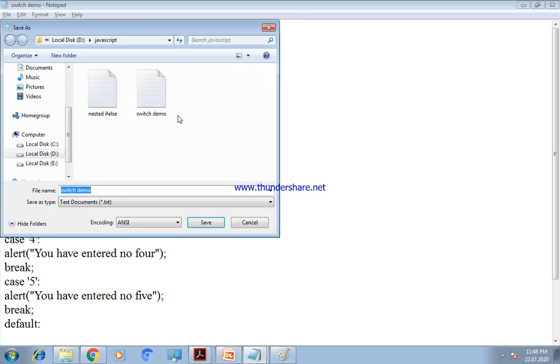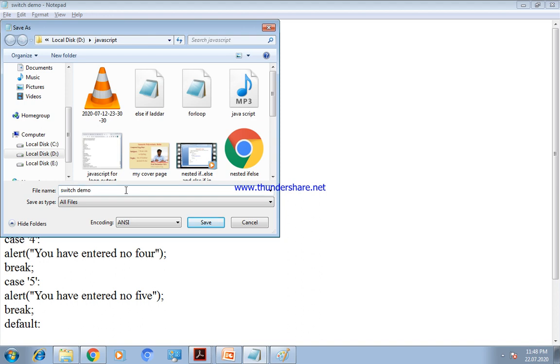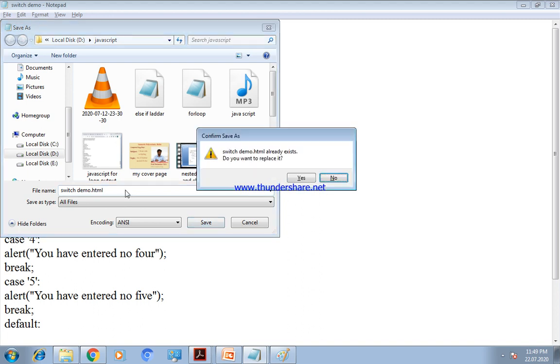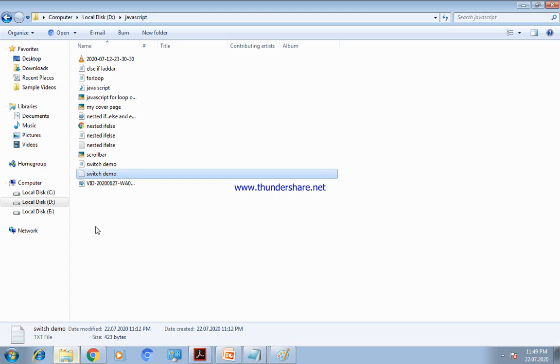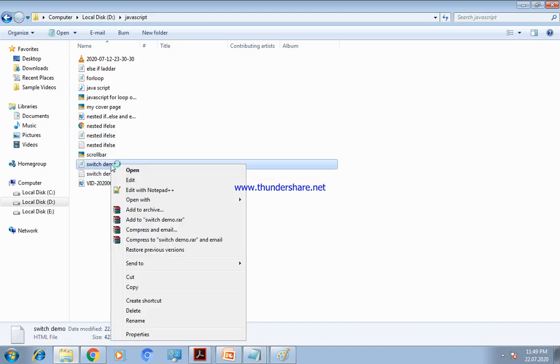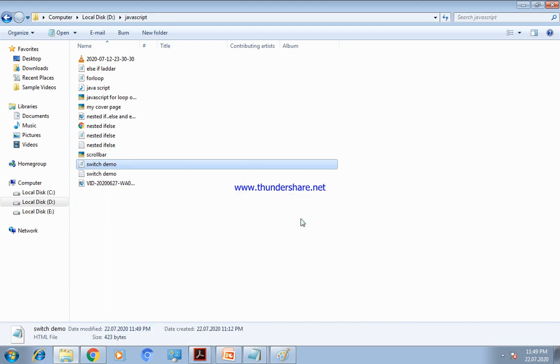File, save as, dot HTML, switch demo dot HTML. Now after saving this program, open with Google Chrome.